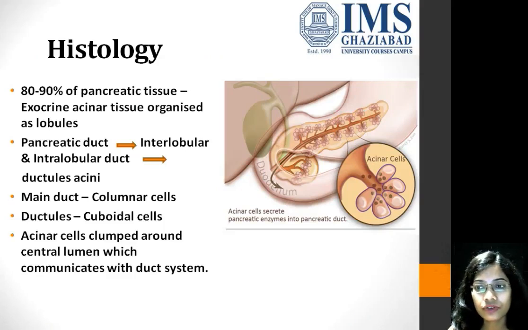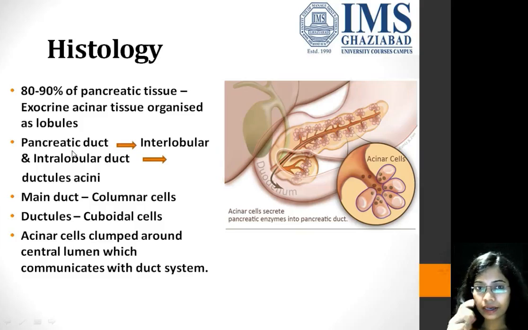Histology. Now we will come to histology. Histology means on the tissue level. 80 to 90% of pancreatic tissue is comprised of acinar cells. Acinar cells are basically exocrine cells and are composed of lobules,